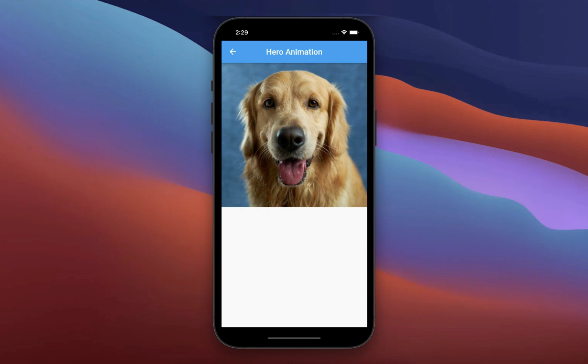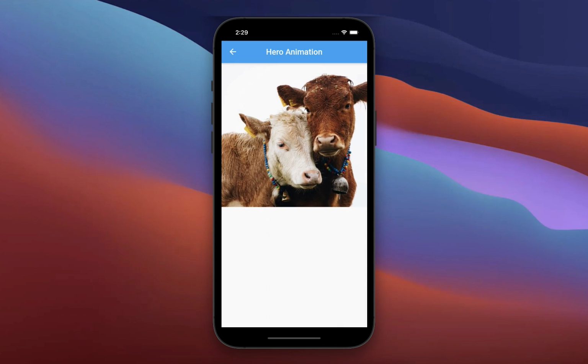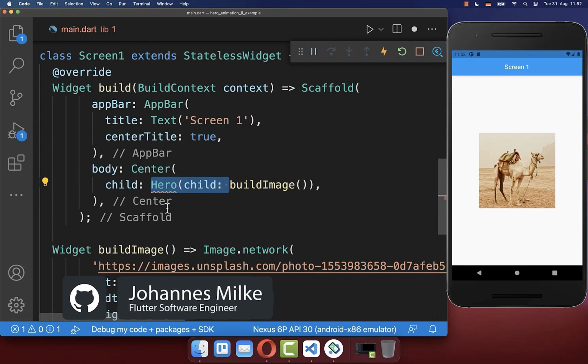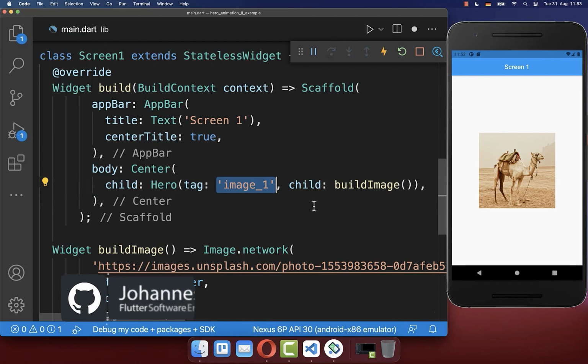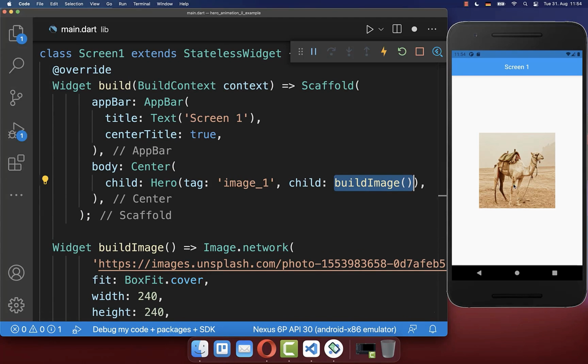The hero animation allows a widget to fly and transition from one screen to another screen. Simply wrap the widget that you want to animate from one screen to another screen inside of a hero widget, and also supply here inside a unique tag which is specific to this widget. So all in all, we have given this image here on the right side the tag image1 on our screen